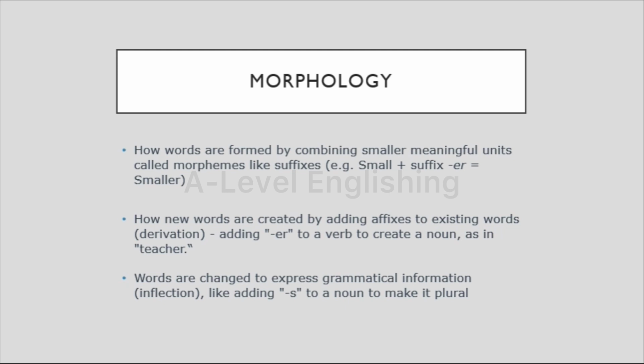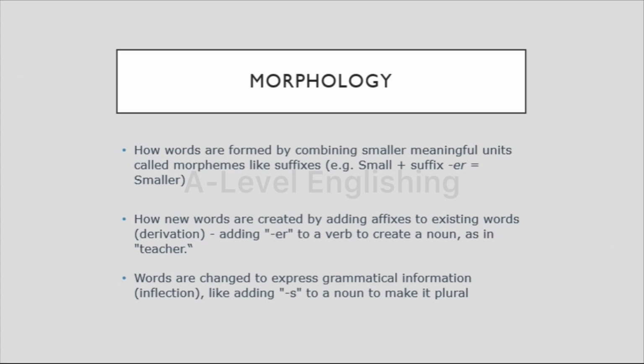Then you have words which are changed to express grammatical information, also known as inflection. For example, adding s to a noun to make it plural. Fairly simple. So these are just a few basic areas that morphology covers to start with. So grammar in general, though very easy, it is very important that you have the correct terminology, be it derivation or word classes or inflection. Very important to have the correct terminology registered in your head by default, as identifying them as you analyze texts can greatly enrich your answers and make them more linguistically accurate, if you must.